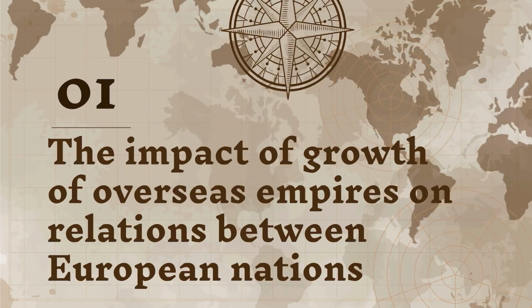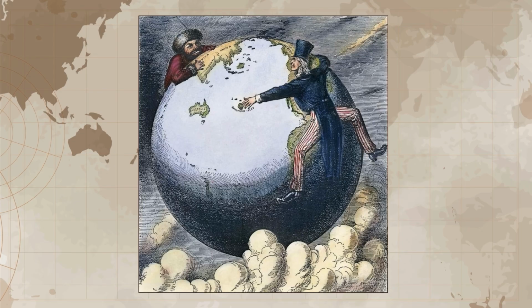And now let's talk about the impact of growth of overseas empires. In the late 19th century, imperial expansion intensified rivalry between major powers. European nations competed for raw materials, markets, trade routes, and territory. Governments adopted more aggressive foreign policies to defend national pride and extend influence. As a result, international relations became more tense, unstable, and conflict-prone, though some disputes were still resolved diplomatically, such as